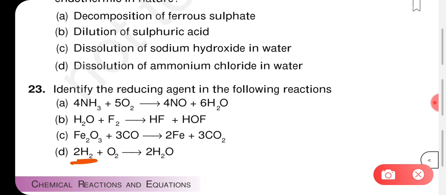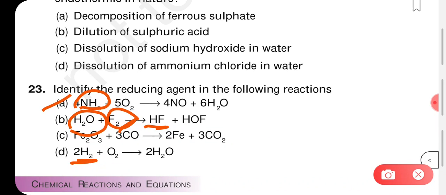Okay, so once again let me explain that in the first one it is the ammonia. It is ammonia which is added with oxygen, so this becomes a reducing agent. In the next one it is the water which is acting as a reducing agent. The reason is, fluorine is not added with oxygen, so we will not take this one. Don't think about the fluorine, because anyway fluorine is not getting oxidized. It is the water which is actually reducing the fluorine. Because it is reducing the fluorine, forming HF, it is acting as a reducing agent.